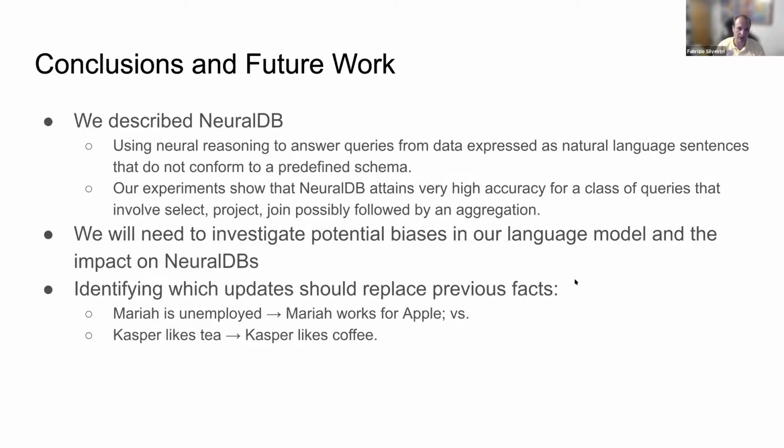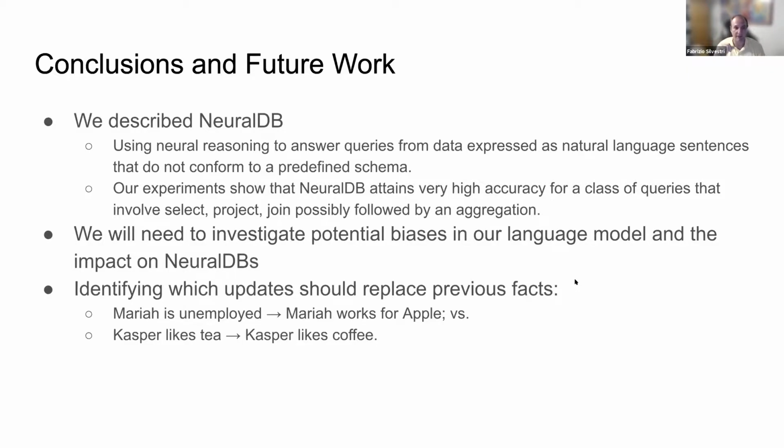So I didn't mention these, but of course, a fact base is a dynamic fact base, because now you can retrieve facts, and it can grow over time, right? So you can add things that might be controversial or non-controversial. For instance, if you first had a fact that Mariah is unemployed, and then you add a fact, Mariah works for Apple, Mariah is not unemployed anymore. So Mariah now works at Apple.